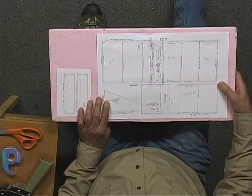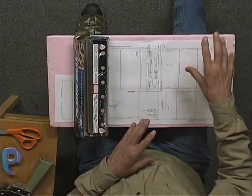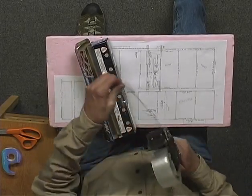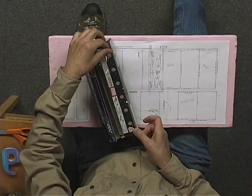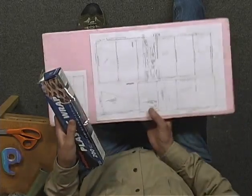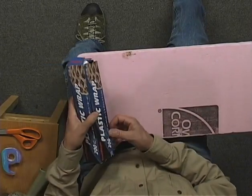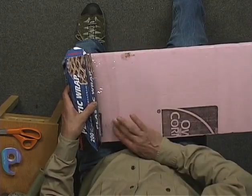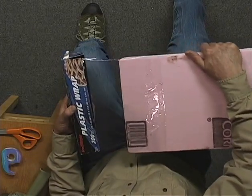I'm going to show you how to set up your building board. I've taped the plan on the top of this piece of insulation foam. You have to cover it with plastic wrap in order to keep the glue from sticking to the plan. So you take some packing tape, and even before you pull the plastic off the roll, you stick this about halfway across like that, and then we're going to flip the board over like this, and now we can lay this down, maybe 4 or 5 inches inside the end of the board. Make sure that that adheres very well, and then you pull the plastic out like that